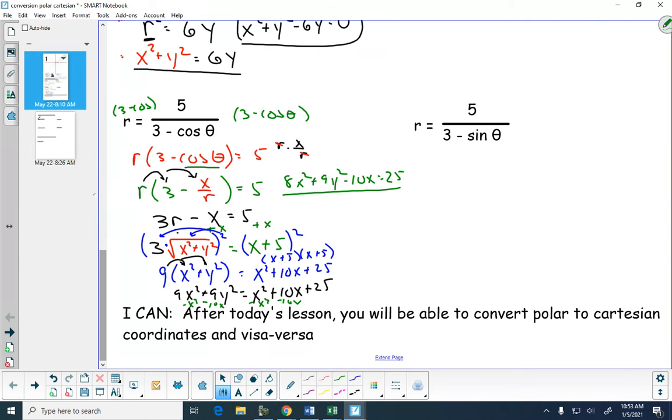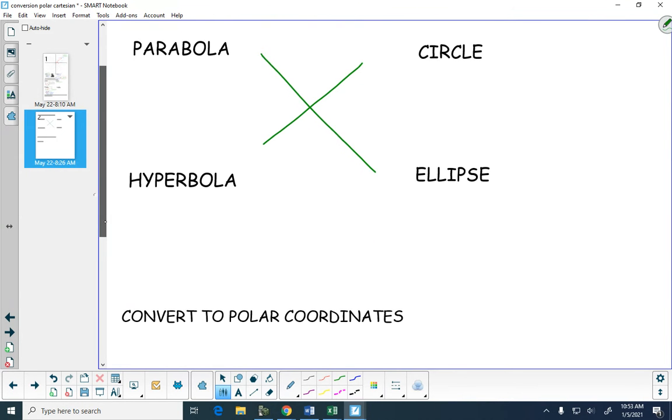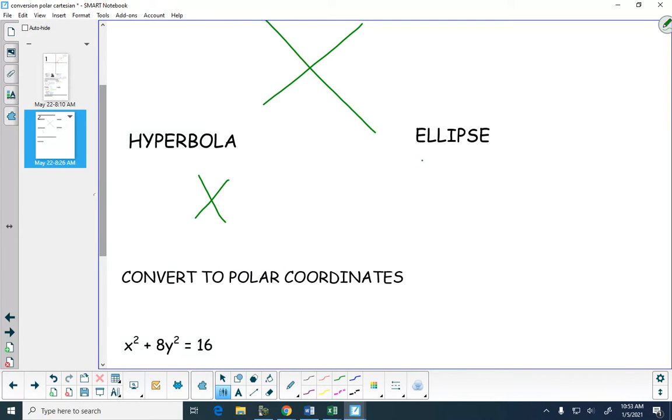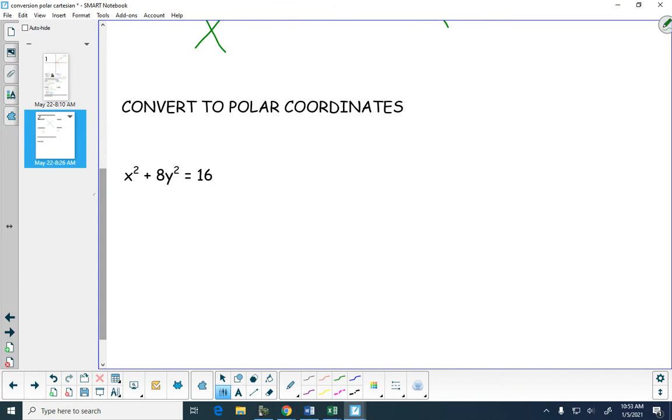If we go to the back, I'm not going to worry about this right here. If we were in class, actually in school, I would worry about that. But don't worry about the type of conic sections that we have. What I'd like to do is go down to my last problem here,